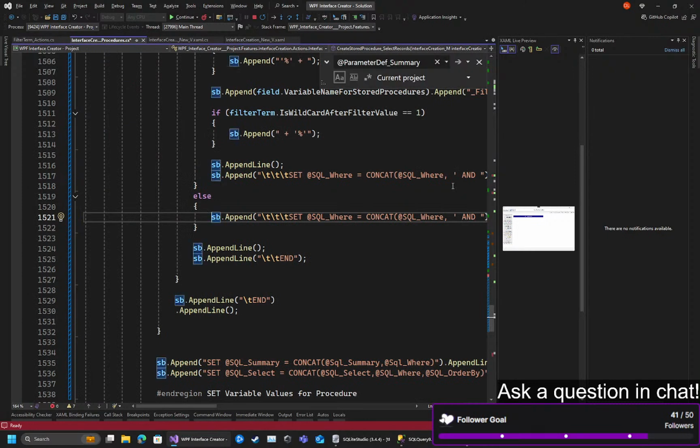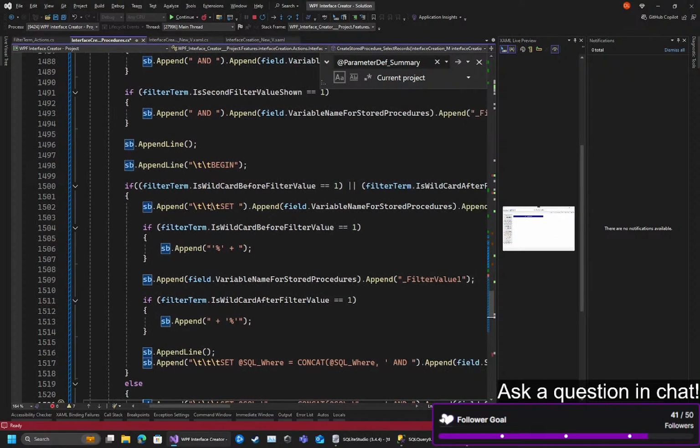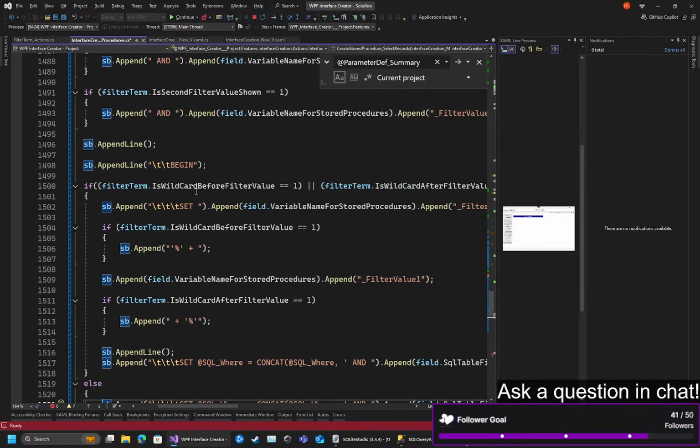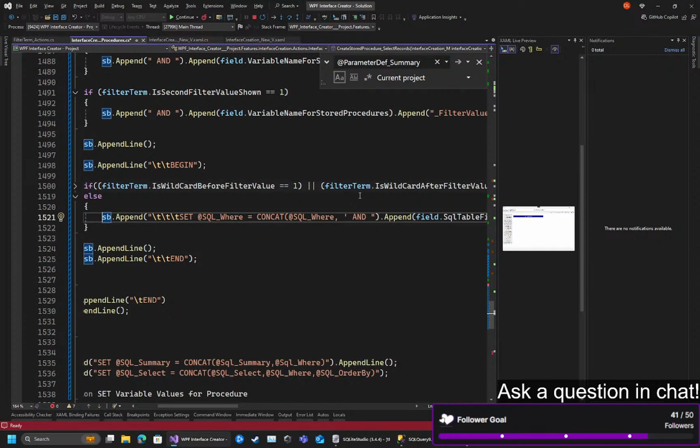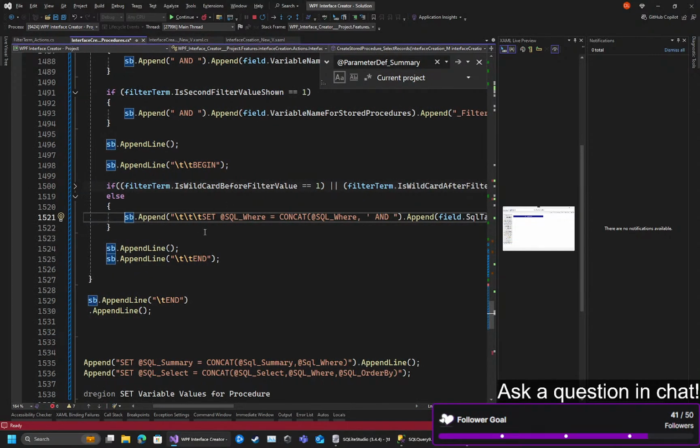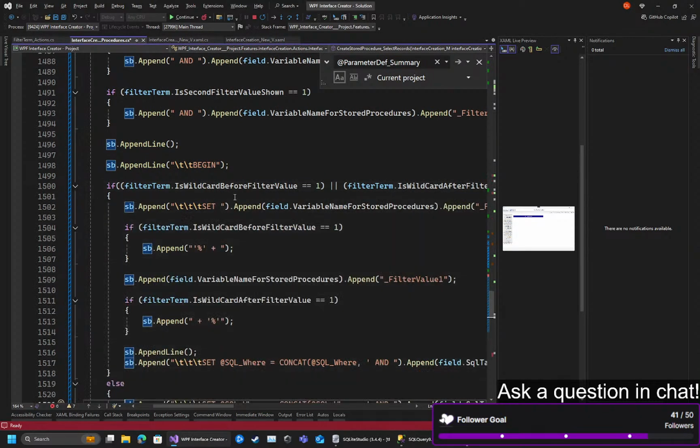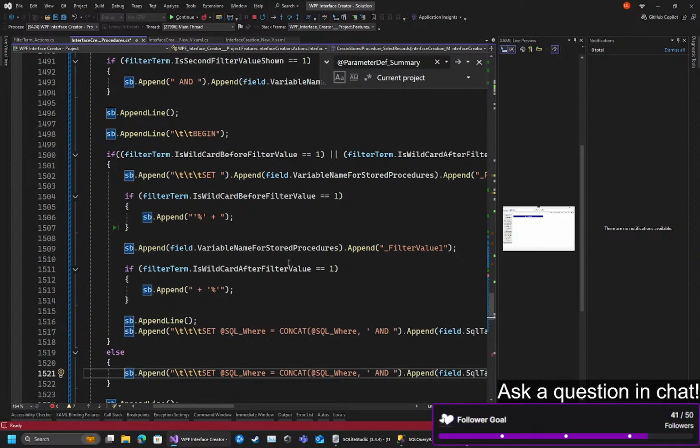Okay. So this is basically saying, okay, yeah, if we're working with wildcards, we have to set that thing up. If we're not working with wildcards, then we don't have to set that up. But if there is a second filter value,